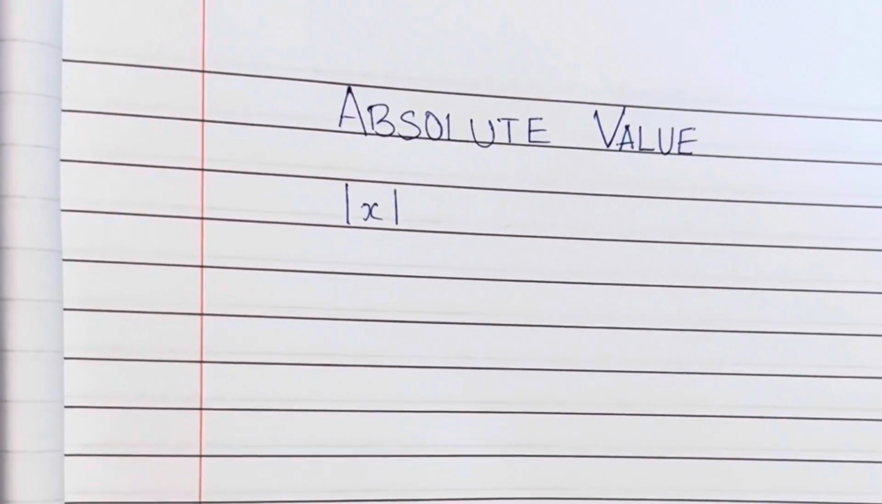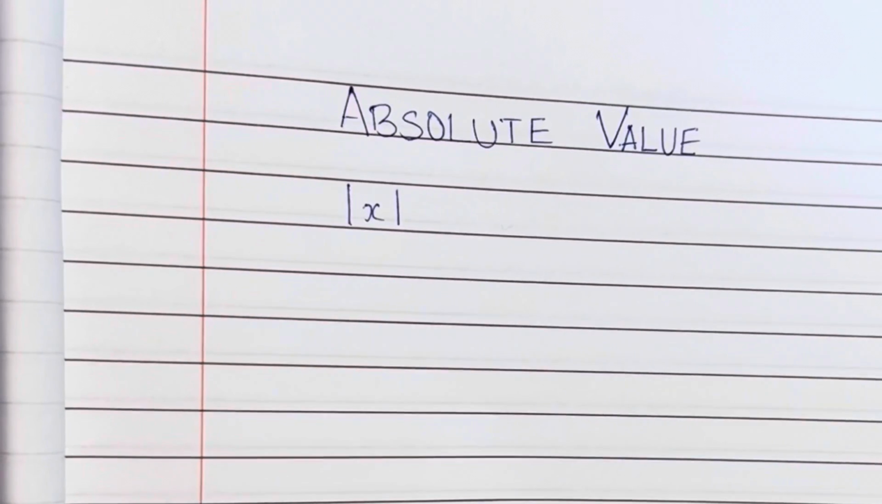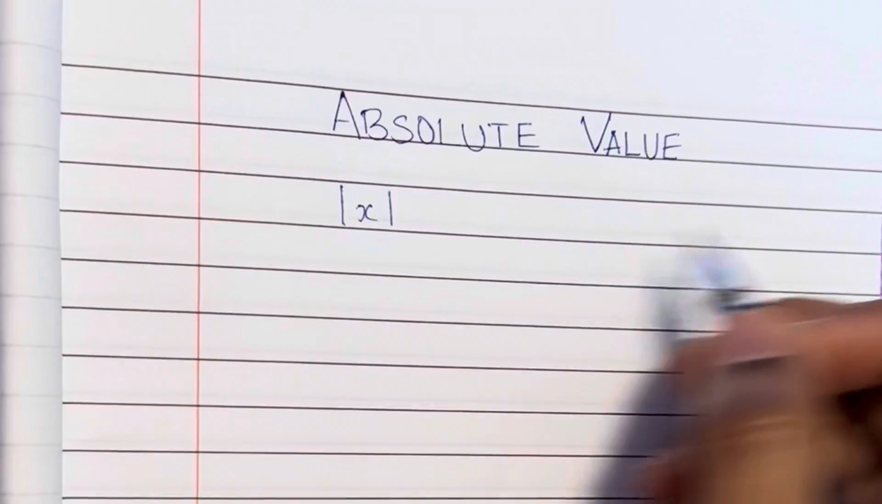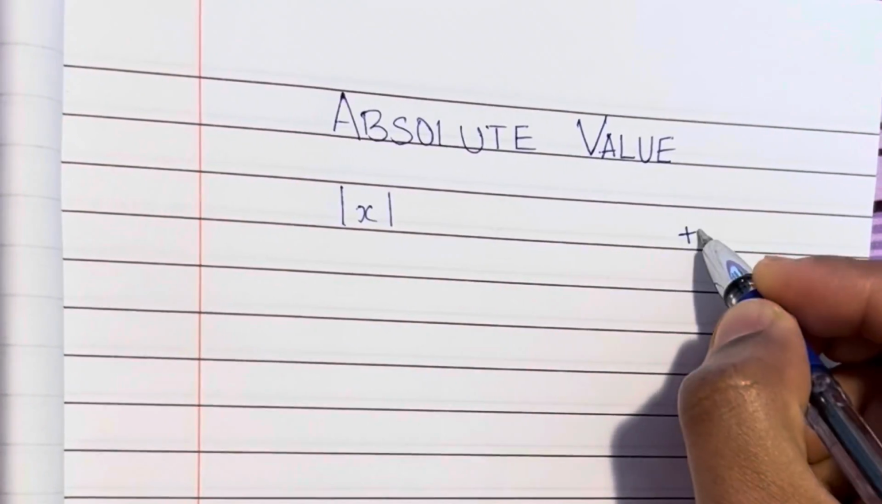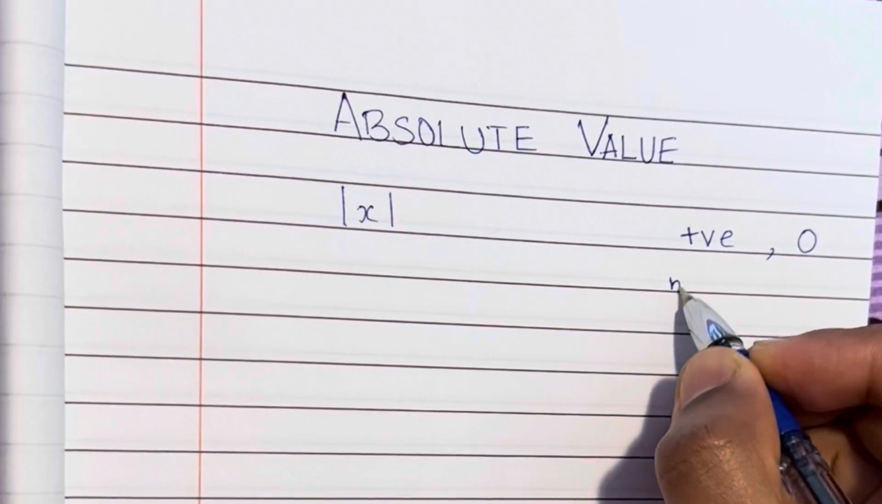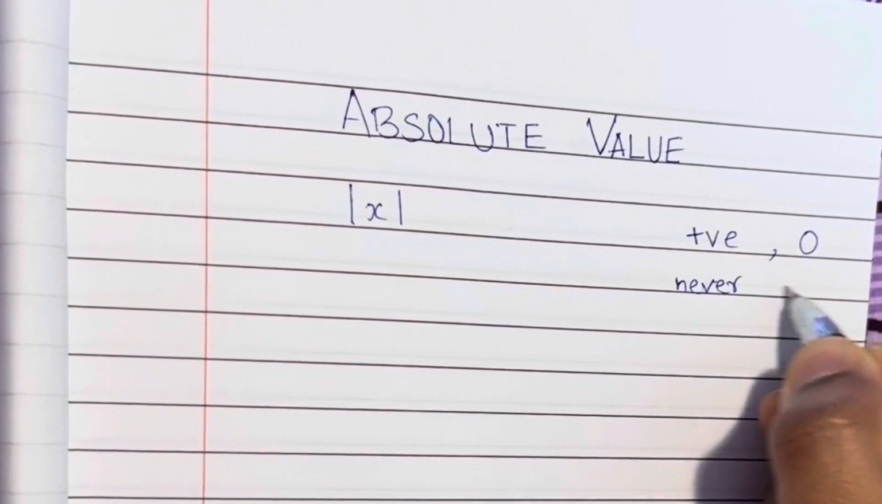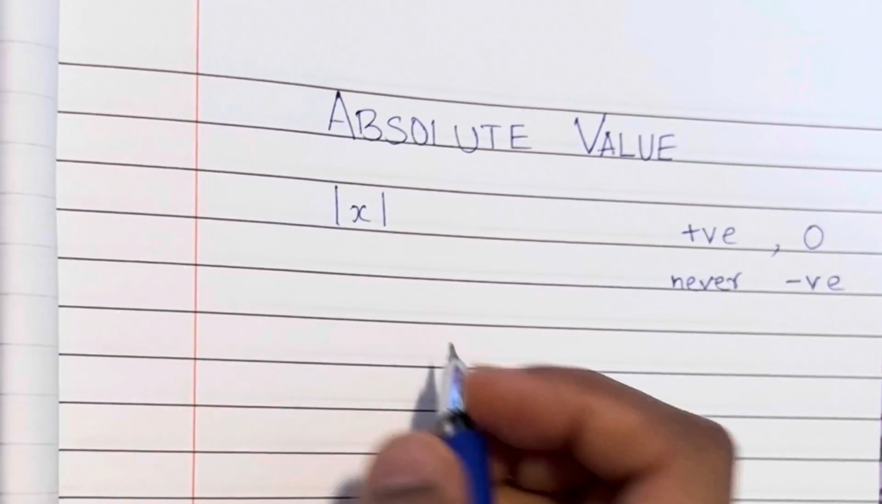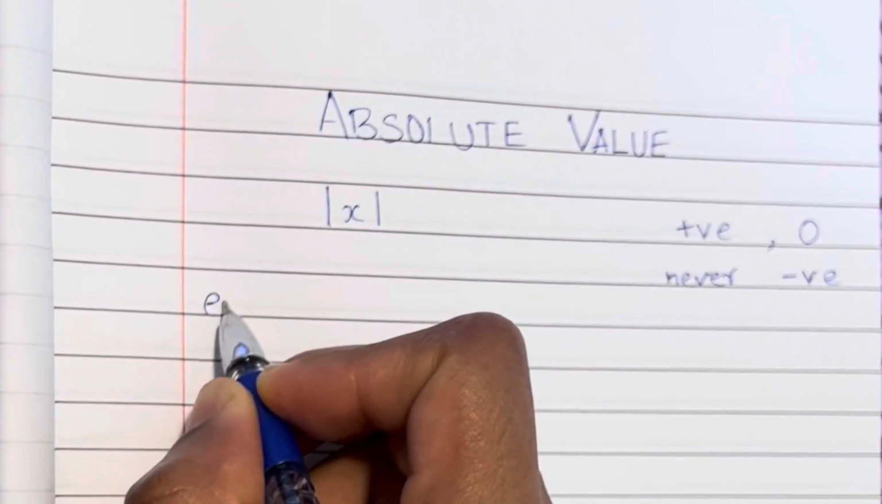Now what is actually absolute value? It is the number no matter what the sign. It is always positive or zero. So absolute value is always positive or zero. It is never negative. Okay, so suppose, for example,